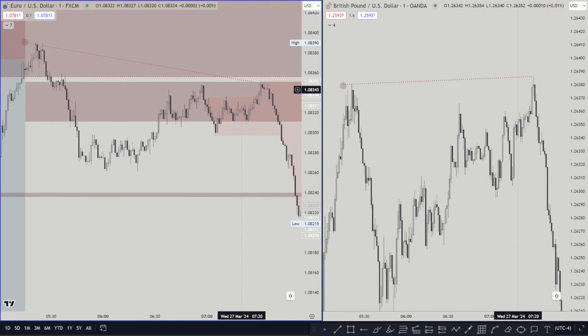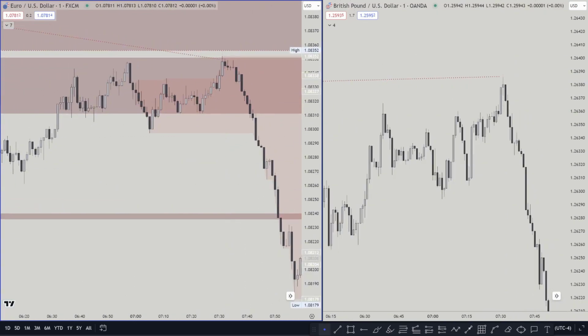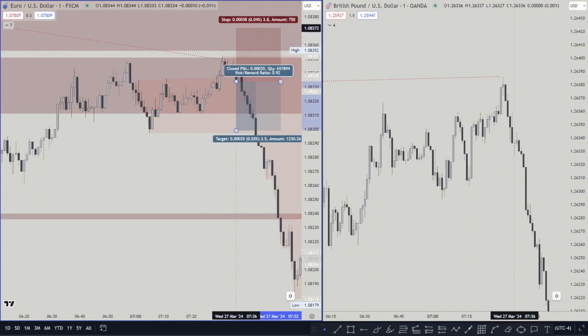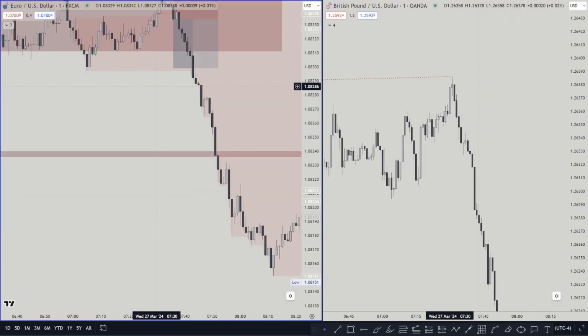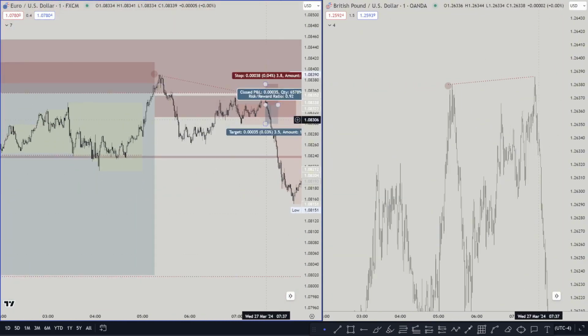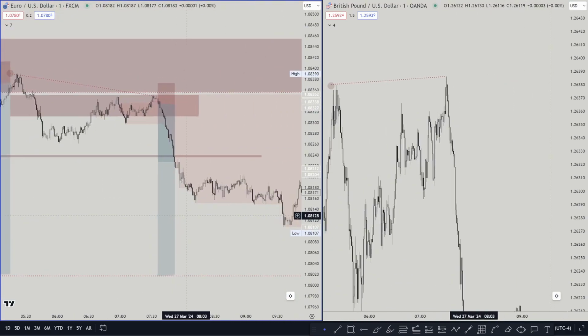Now, taking a look at the lower time frame, EU and GU, this was the SMT from those highs to here: a failure swing on EU as well as a liquidity sweep on GU. So on EU, as soon as I get a change in state delivery, which was closing below this candle, that's a change in state delivery, I entered here. Now, a change in state delivery without any context or confluences is going to be a huge loss, right? So I took a stop loss here and then targeted again the same target. It was my market maker sell model, external liquidity.